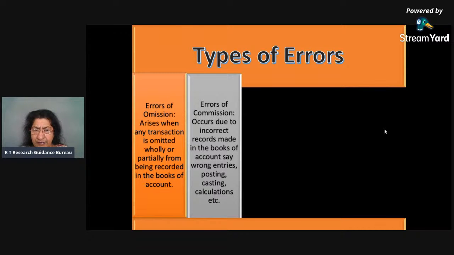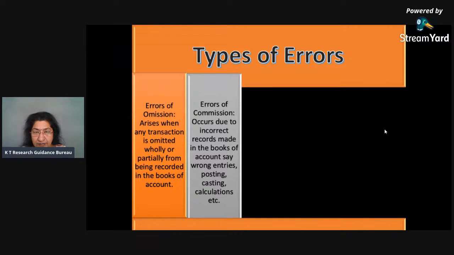I will give you another example also. Suppose company rented a building and your office is in rented building, and every month you have to pay rupees 50,000 as rent for your office, and you paid, and you consider this transaction as personal transaction. This is wrong, or vice versa.